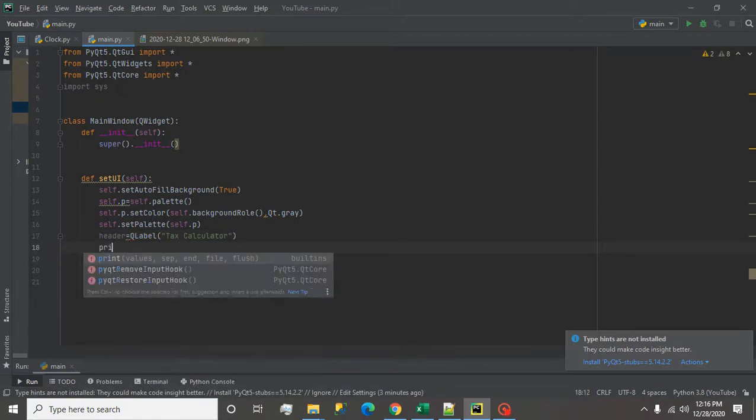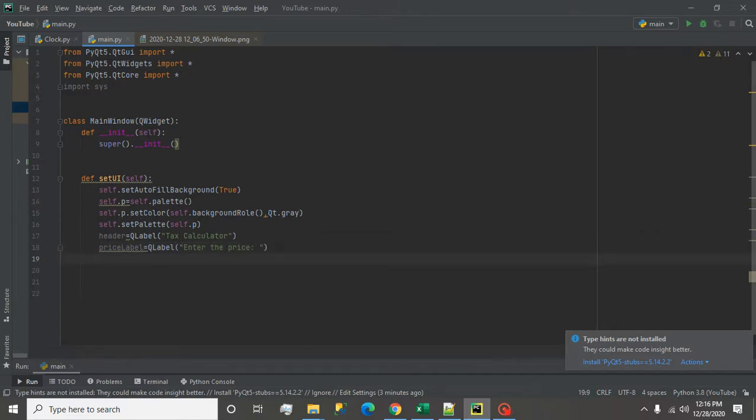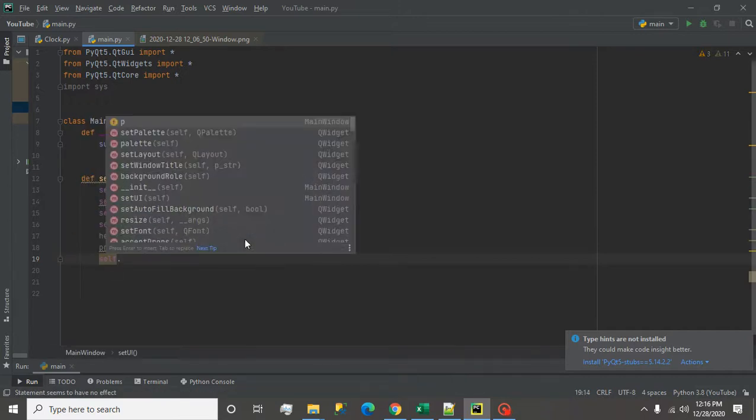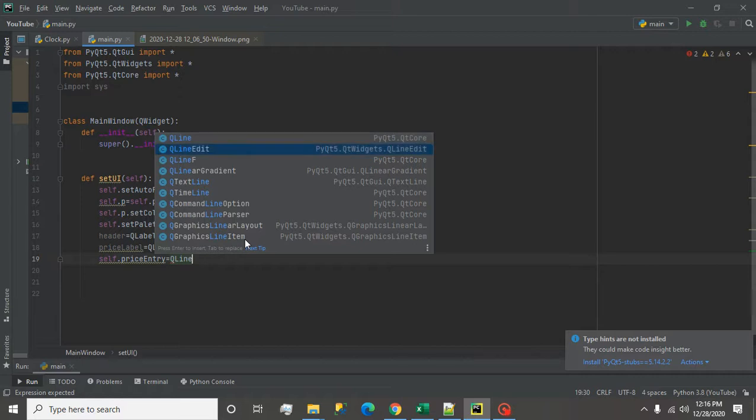Now I create one variable, let's say price label, and I call the QLabel class, and here I pass the message enter the price. Now I'll call self.price entry, and here I call the QLineEdit class to get my inputs.